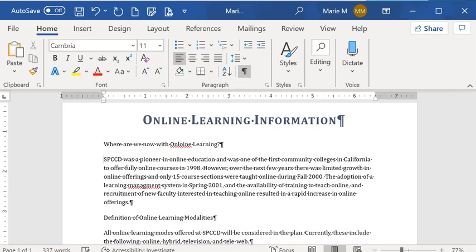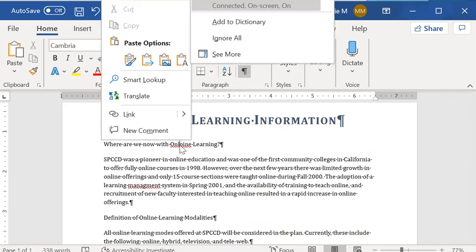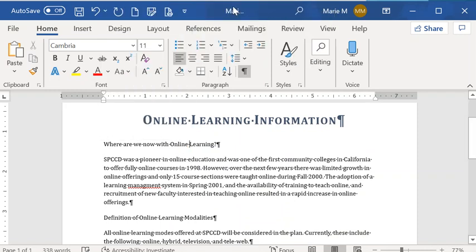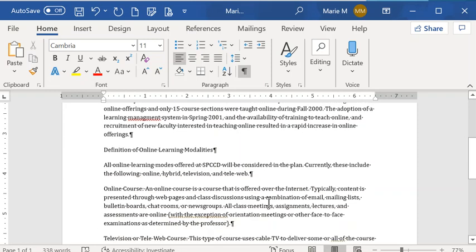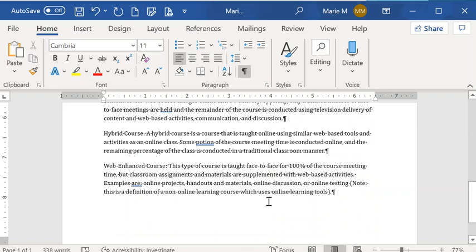Question mark, and press enter. If I make a typo, I'm going to go ahead and fix that as I go along. Notice it gives me a correction. I use that correction. And then it tells me in step 7F that I want to select the paragraph that begins with hybrid courses